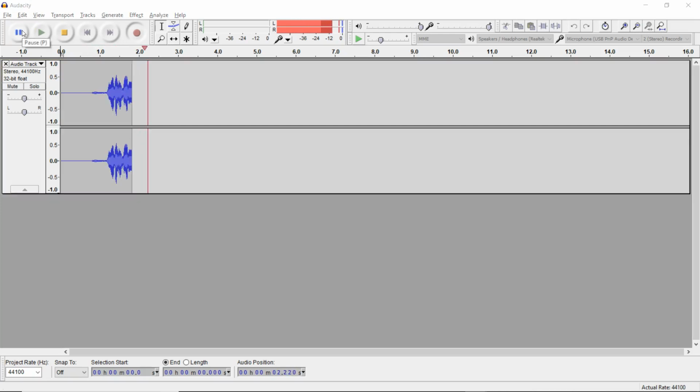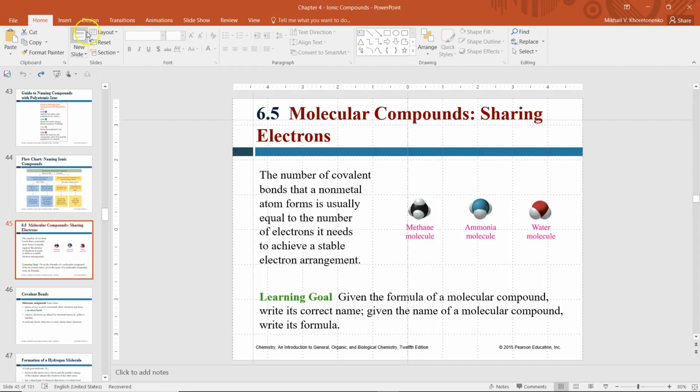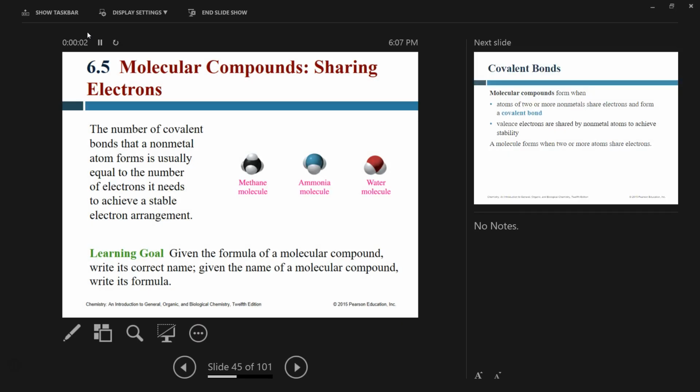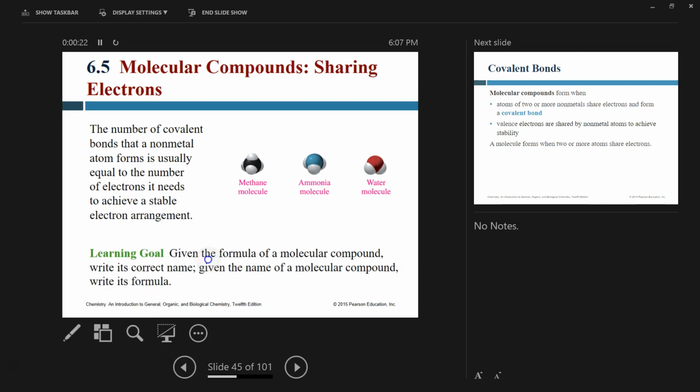All right, everybody. We have finished talking about the ionic compounds, and we're going to chat about covalent bonds, the molecular compounds today. We're going to talk about how to name them. Okay. And we're going to start with basically the definition of the